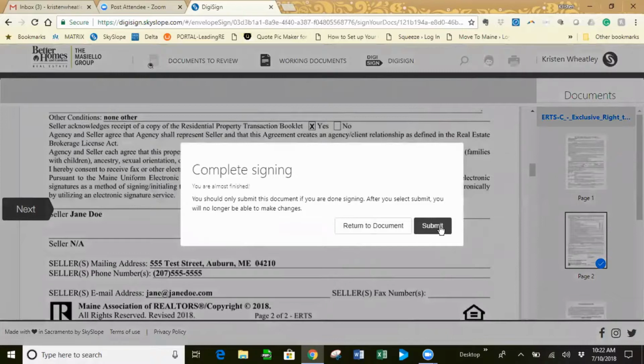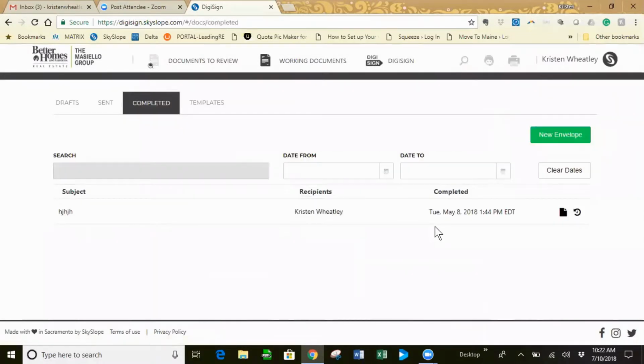I need you to send one to yourself so that you can go to the email, click on the email, see what it looks like, go through the process so that you will be able to explain that process to your clients. Now, the neat thing about this is once this is completed, now it's going to go out for